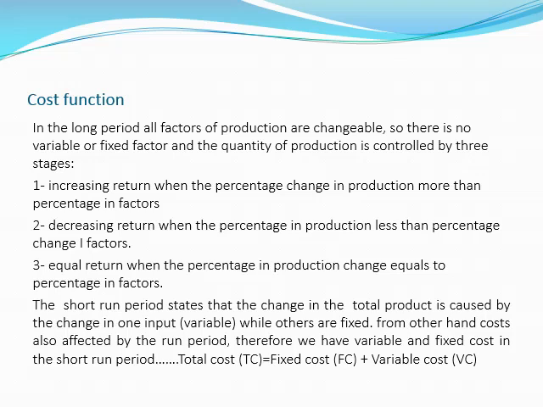So there is no variable or fixed factor in the long run period, and the change of production, the quantity of production, is controlled by 3 stages: